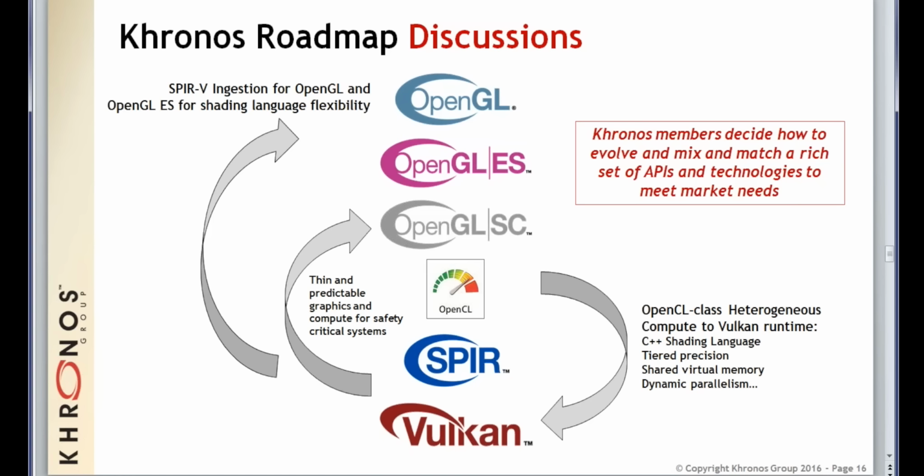And then last but not least, Vulkan already has OpenCL compute capabilities. I mean, you have GLSL, so compute shaders are fully supported in Vulkan. You have the additional dispatch flexibility of the multiple queues. But OpenCL still has a level of heterogeneous parallel compute that goes beyond the current Vulkan and OpenGL specs. You know, the C++ shading language, tiered precision, shared virtual memory, dynamic parallelism, where the GPU can send more work to itself. These are all things that have been well tested and proven in OpenCL, and there are discussions ongoing right now